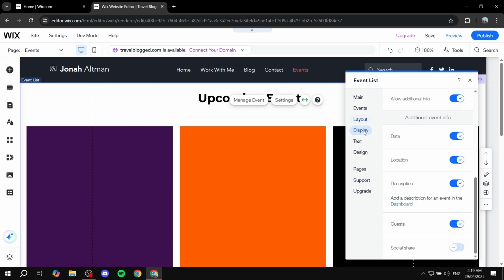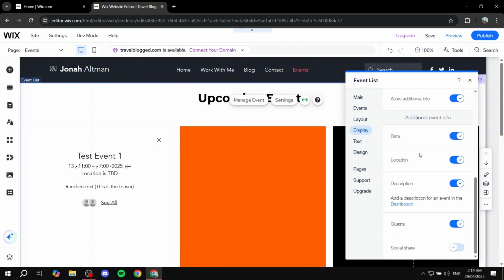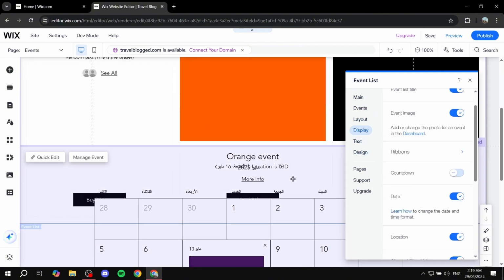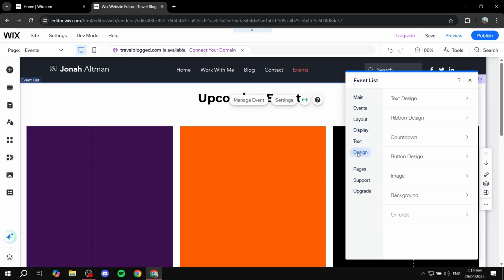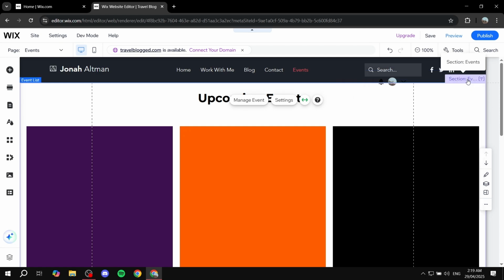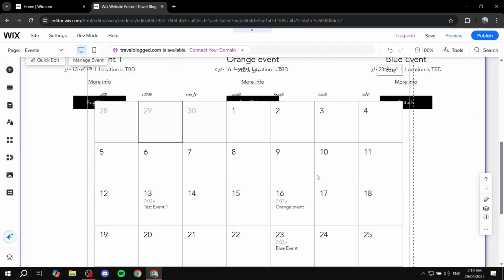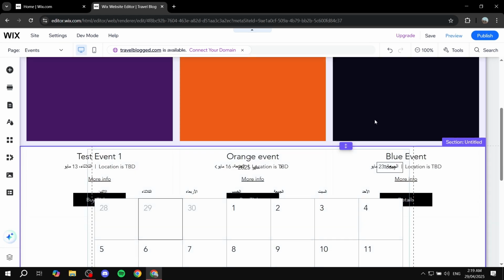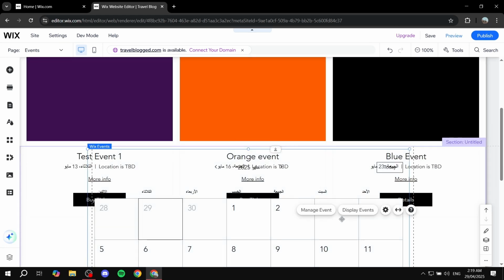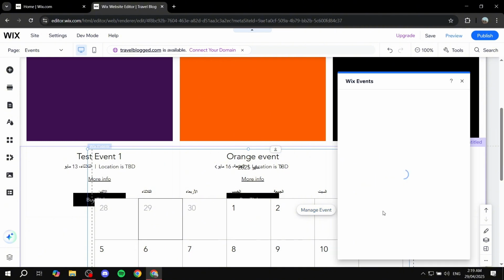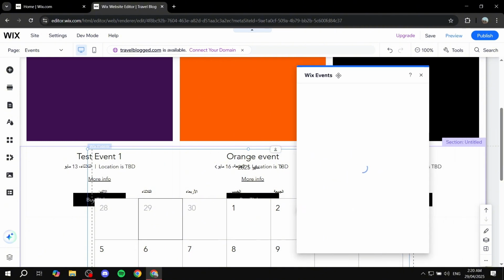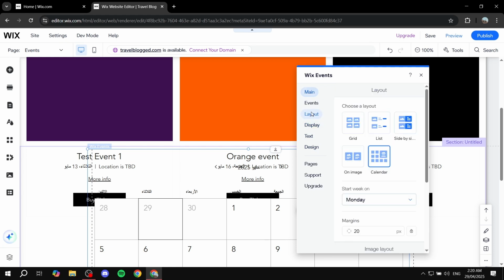And when it comes to display settings, you have the things that are going to show up and things that are not going to show. Design is going to be changing the background, the colors, things like that, and also the buttons. This is all going to be available from here. The same goes for a calendar. If you just click on calendar here, you can actually go in and click on it, and it's just going to allow you to click on the settings bar here. And then once you open this up, you can go straight to